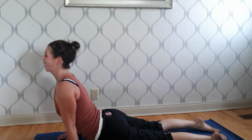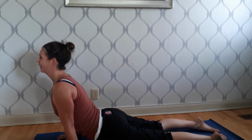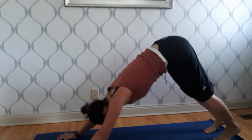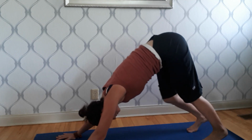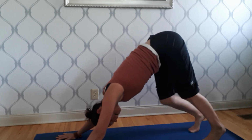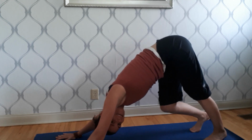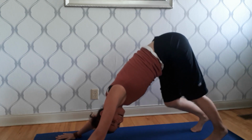Big, big breath for that whole back side of the body and the front side. Finding our way back to downward dog from here, whether it's through table or simply tucking the toes and sending the bottom high once again. Get exaggerated with the downward dog, bending in one knee at a time, but maybe even taking a peek underneath each armpit. You can check out